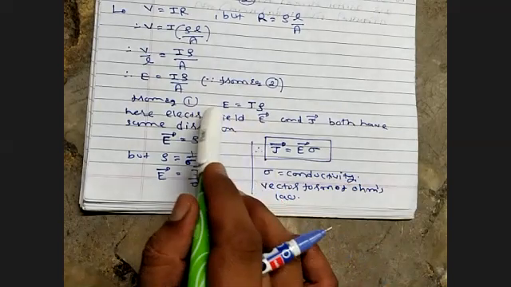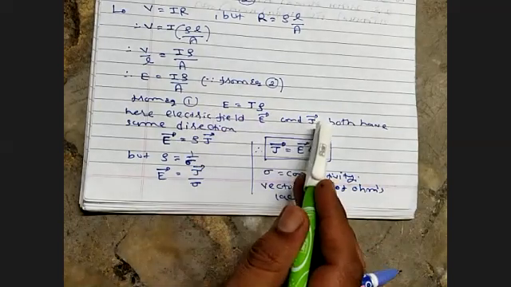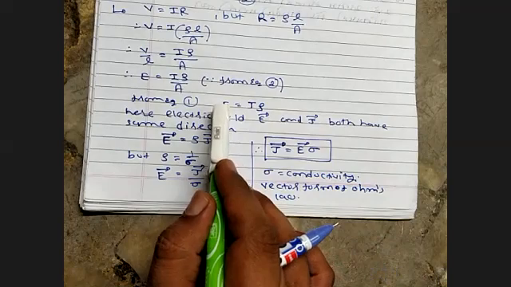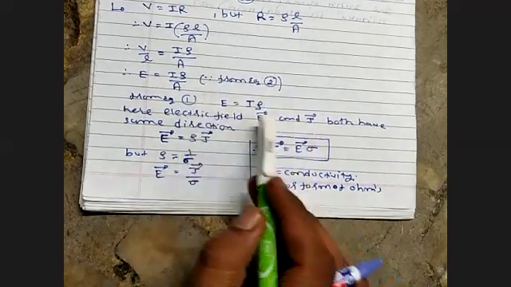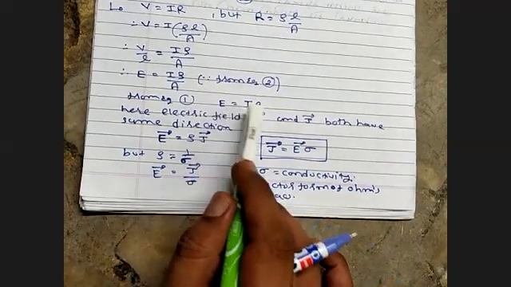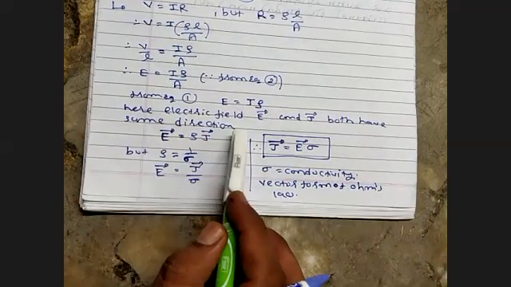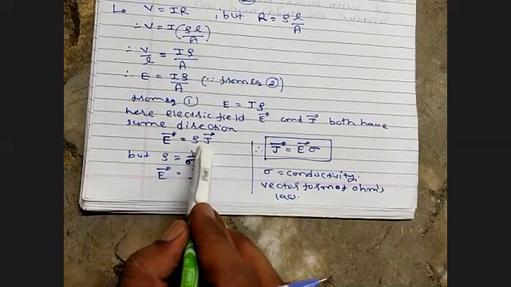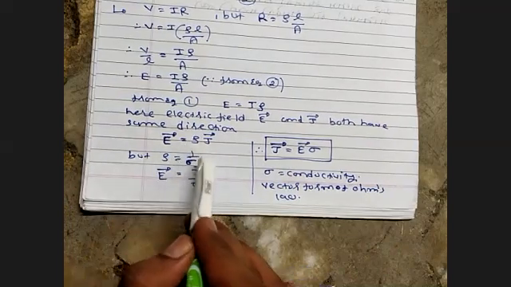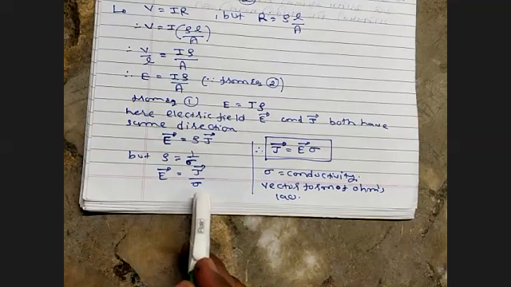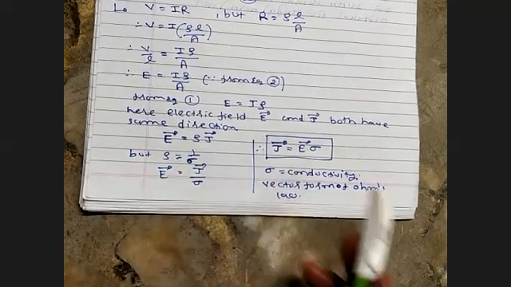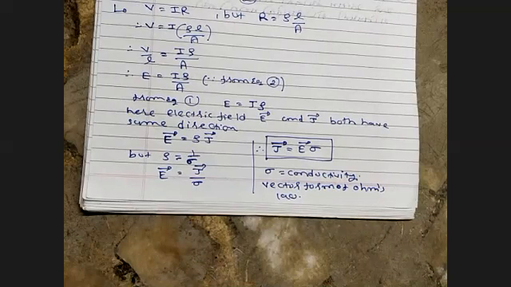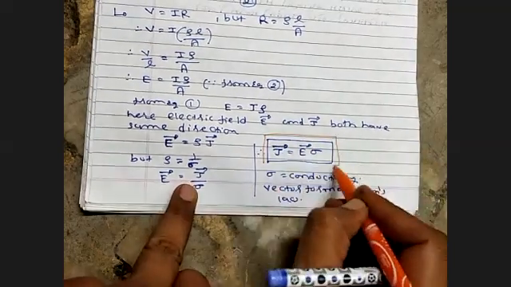Now you know that current density J is a vector physical quantity and electric field is also a vector physical quantity. The relation between them is that they have the same direction, so there is a vector notation. But we know that rho is equal to 1 upon sigma, so sigma moves from the denominator to the numerator. So J is equal to sigma into E. That is the main equation, and this is the equation that we want.